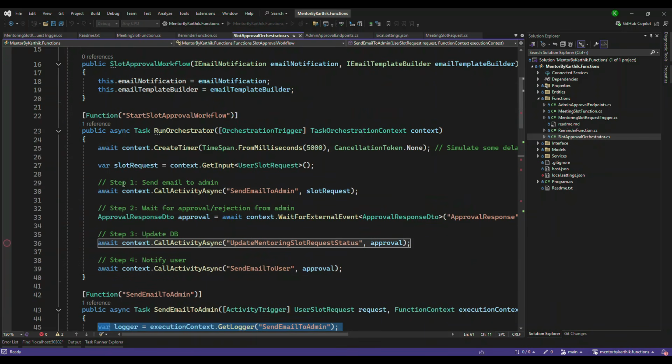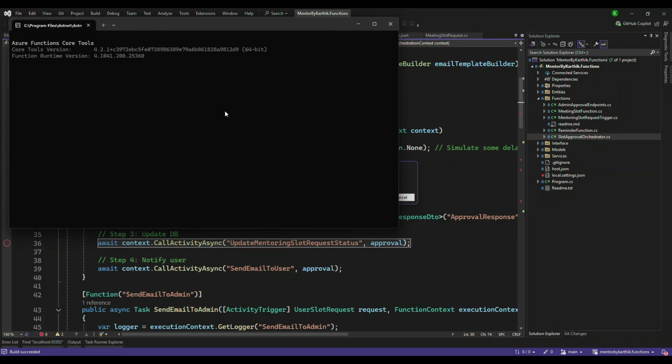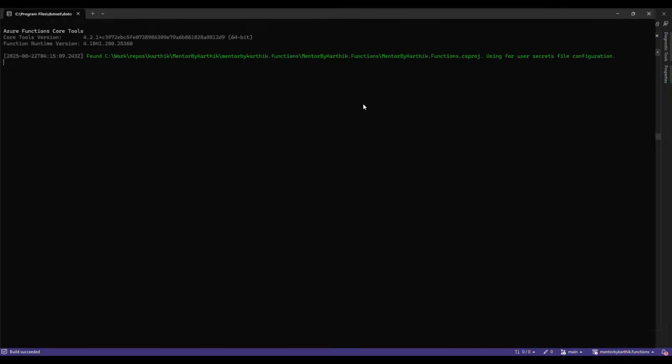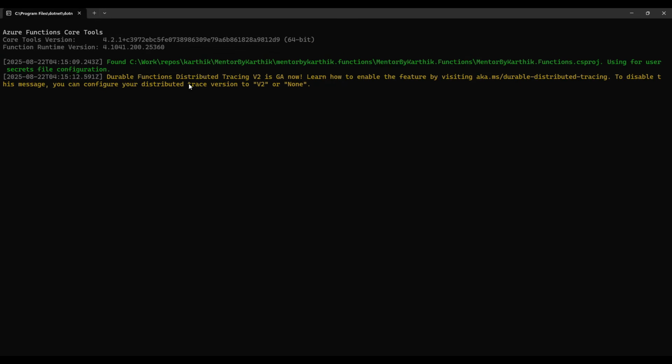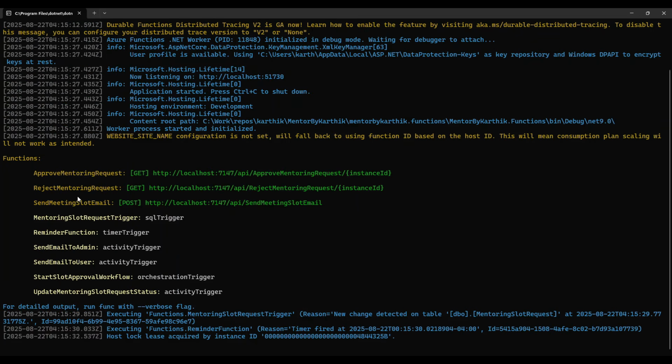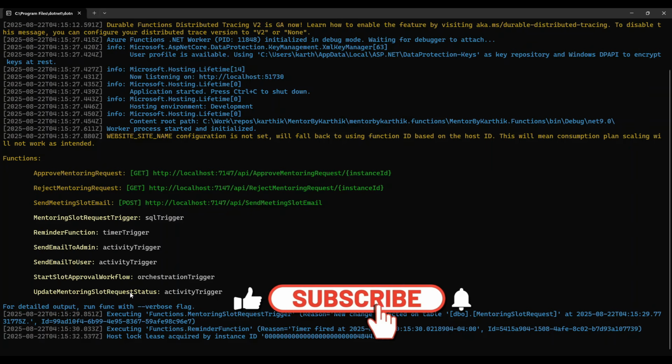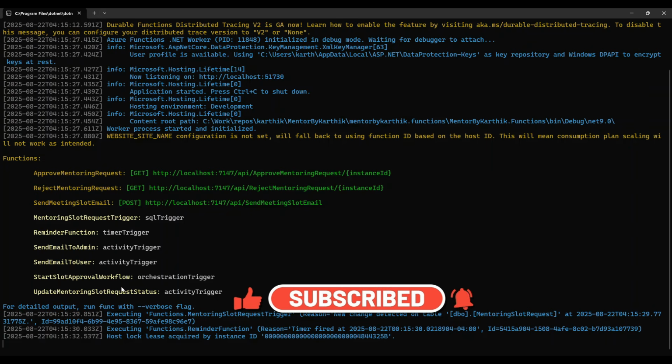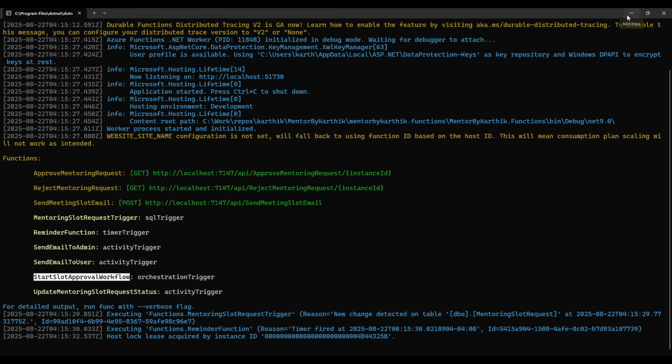So from here, we trigger the first email. If you look at this, when I'm running, you can see several functions, see durable functions. You see this? We have these three, and we have one SQL trigger, one timer trigger, and there are three activity triggers: send email to admin, send email to the user, and there is a small activity trigger that updates the table with the status. Okay, and this is the trigger point. This is the one which is triggered. Okay, so having said this,